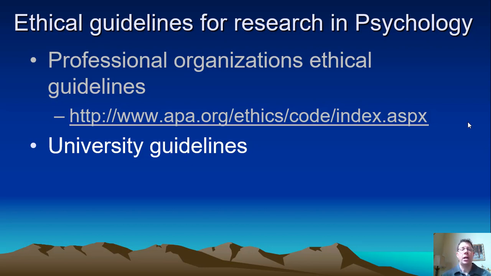So the first layer of protection here are professional organizations. In addition, a lot of psychologists who are conducting research work for universities. And if the university is publicly funded or the research is publicly funded, if it's human-based, it has to go through something called an IRB, which is an institutional review board. The institutional review board basically consists of several members from the university. Some are faculty in science departments. So you might have someone in there from physics or biology, psychology. We've had someone on there before.